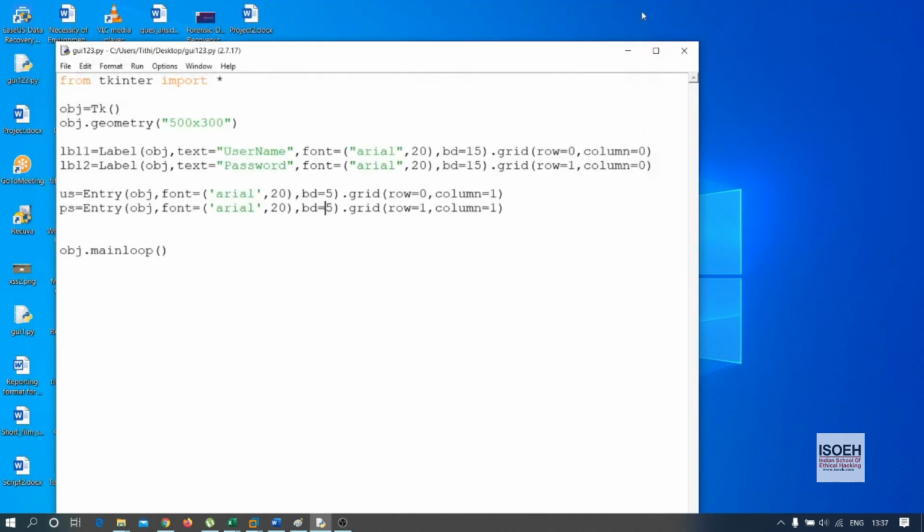Then you have to add some button. So in this next line, I can do the same thing. I can use any new variable name, btn equals to button function. Similarly, the first argument should be the obj, and then I can use text equal to, I can write login.